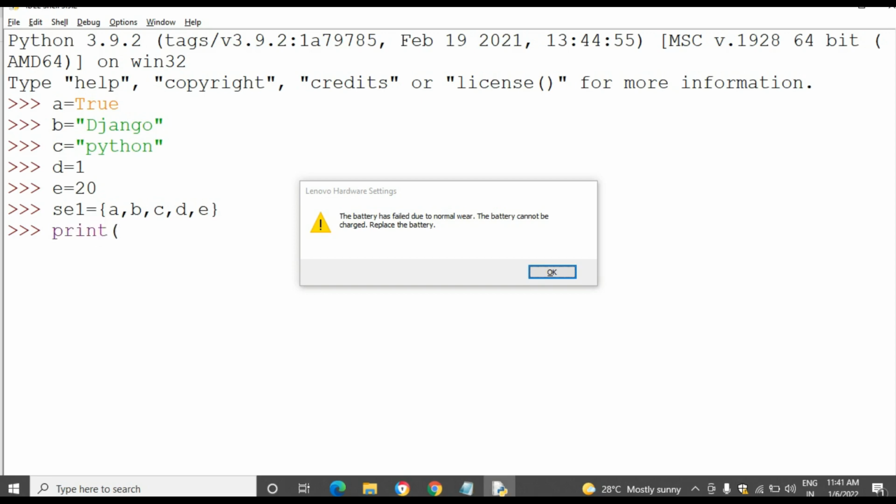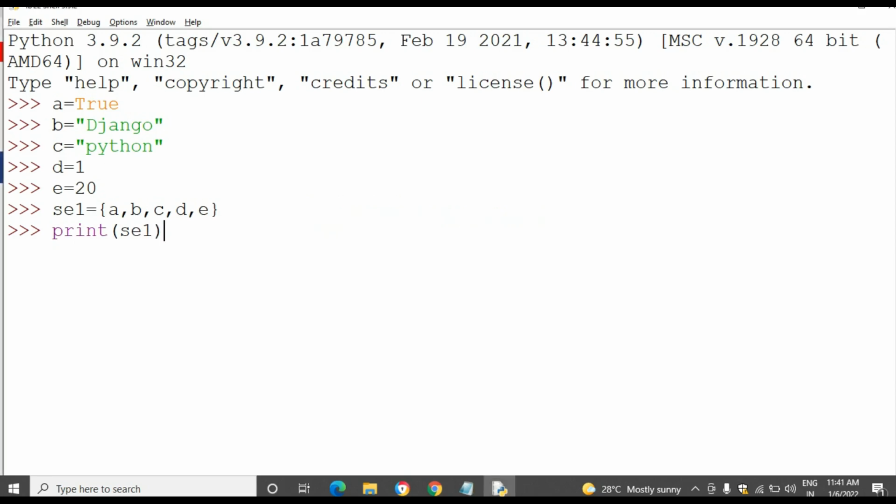Okay, then I want to print the set1 elements. See, I have taken 5 elements, but here only 4 elements have come. Why? Because in Python, True is equal to 1 and 1 is equal to True.